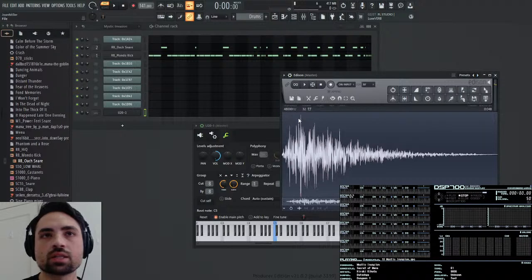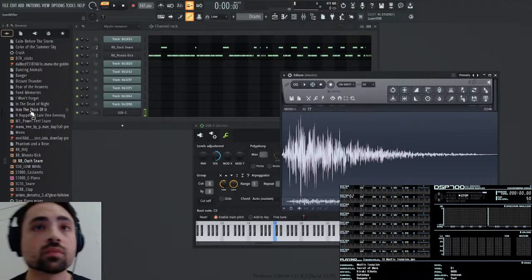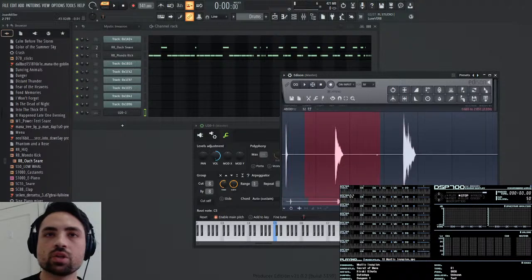And then let's save this in the mana folder as U220 underscore hi-hat closed. And then let's undo all that. And now let's go to the second one, normalize and